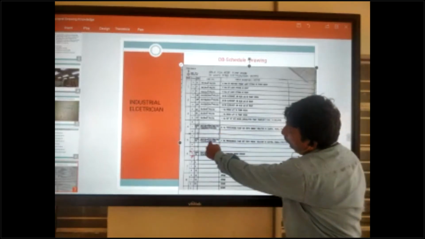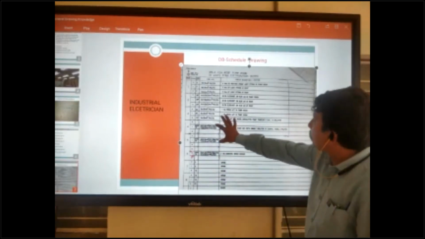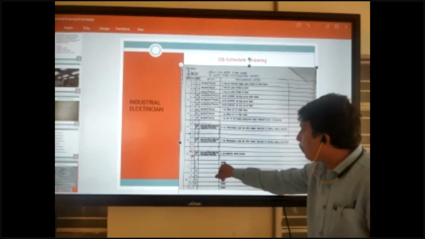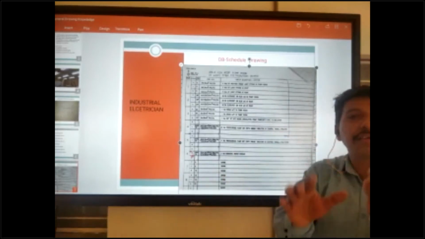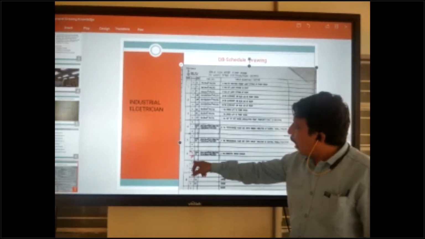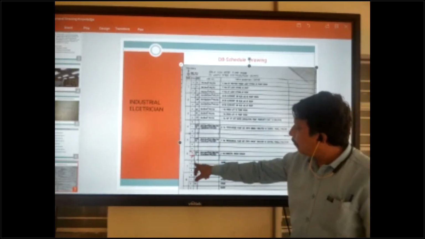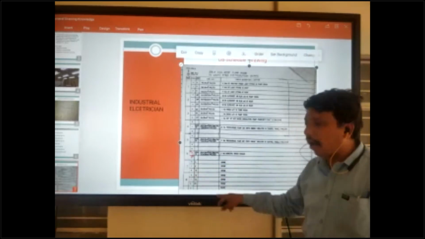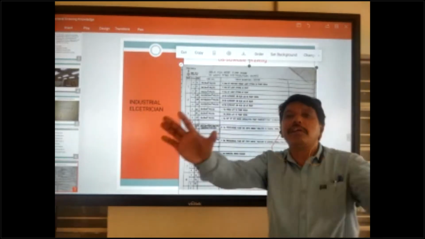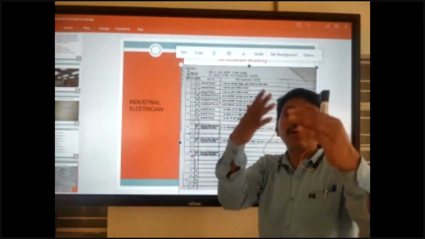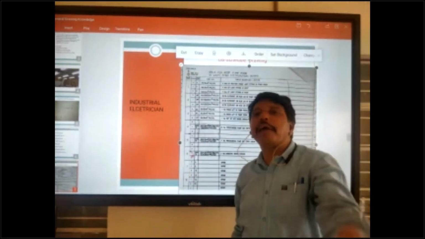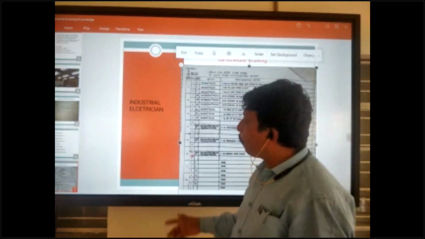All these wires are written, meaning there is a light, there is a load. Where nothing is written, there is no load. SPARE is written there. So this is used for future purpose. The MCB is already installed here: 6 ampere, 10 ampere, 15 ampere, all are installed. But no wire is coming there and there is no load. This is kept for the future, if we want to add something extra like a fan or an AC, anything.